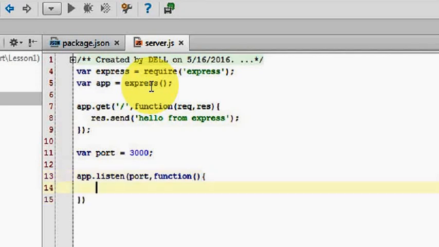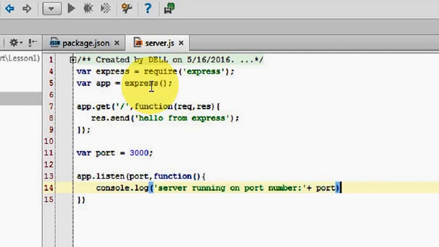I'm writing a message, console.log, server running on port number 3000. Okay, so